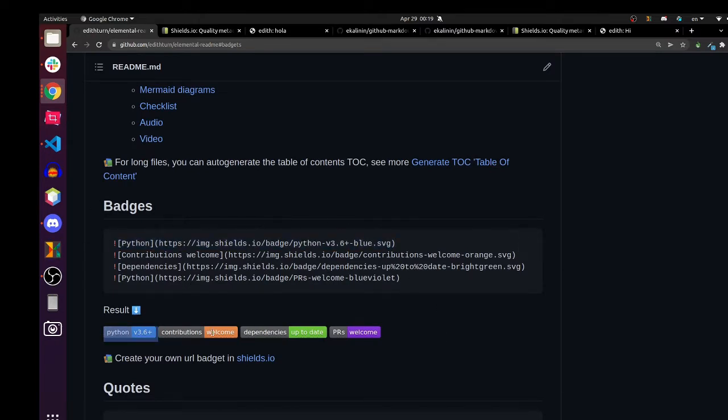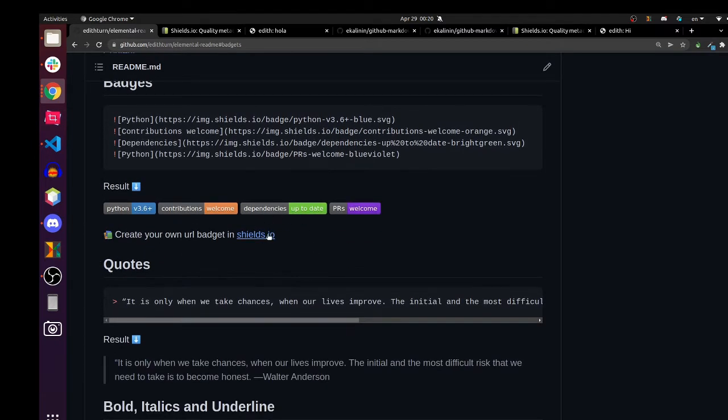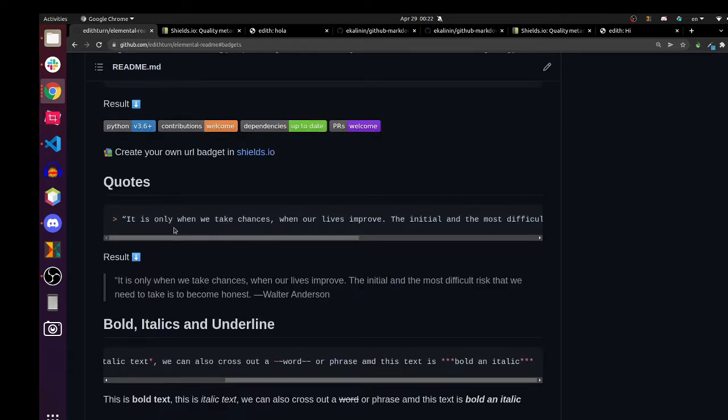We can have badges to specify the version of Python, to say that we welcome contributions, that our dependencies are up to date, and that we welcome pull requests. Feel free to explore and create your own badges. We can use the symbol to quote a text in our README. The result is this: